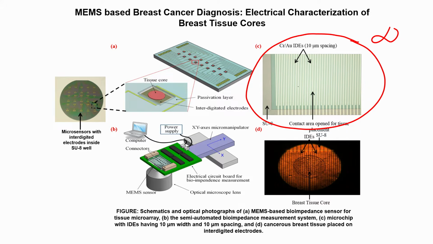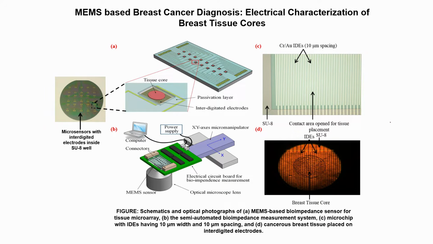Now, on this, if I place a tissue, which is this particular image, you can see the tissue placed on the interdigitated electrodes, what will happen? There will be a change in the impedance value, the Z would change, right. The Z of this would be some kilo ohms or mega ohms, while the other would be close to infinite,